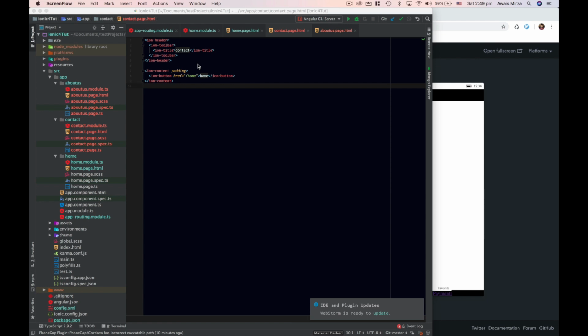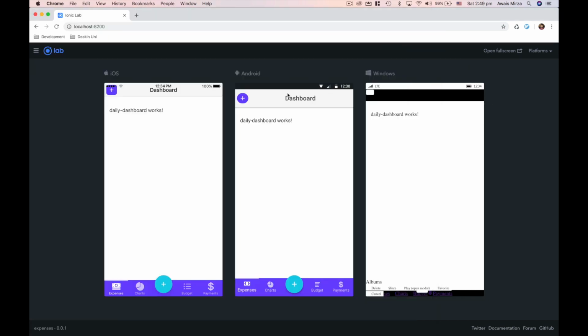We're going to take a look at what's available in IONIC, and I'm going to show you how you can use it. Now, before we start, I would like to give you a demo. Why even bother using components or UI provided by IONIC? Here we have the same application running for iOS, Android, and the Windows platform. I know the Windows platform is dying and IONIC is not really supporting it anymore,